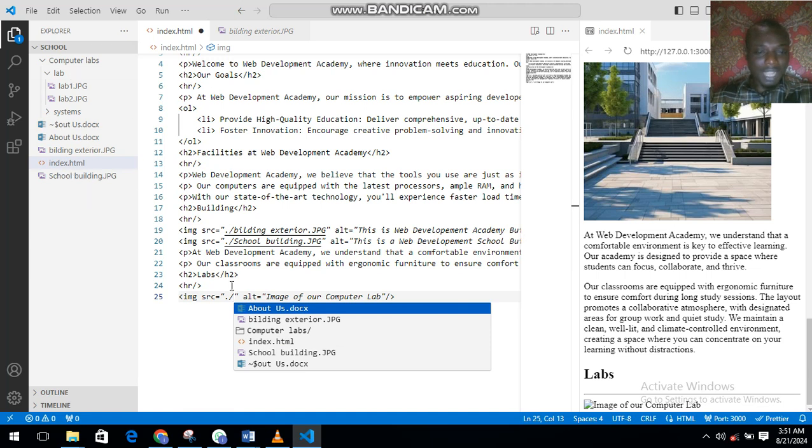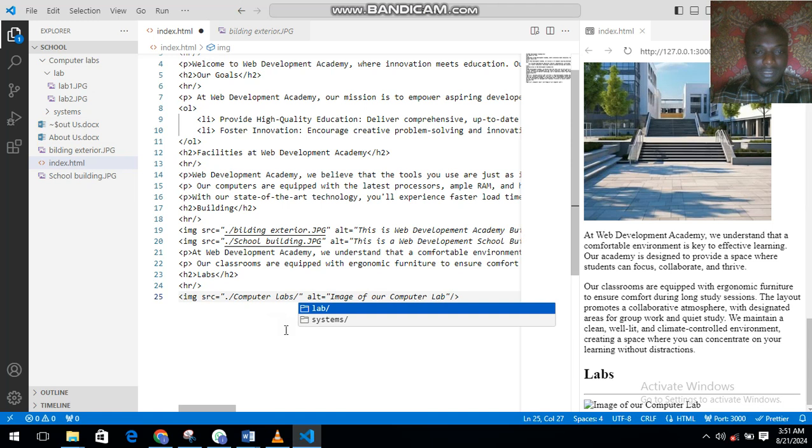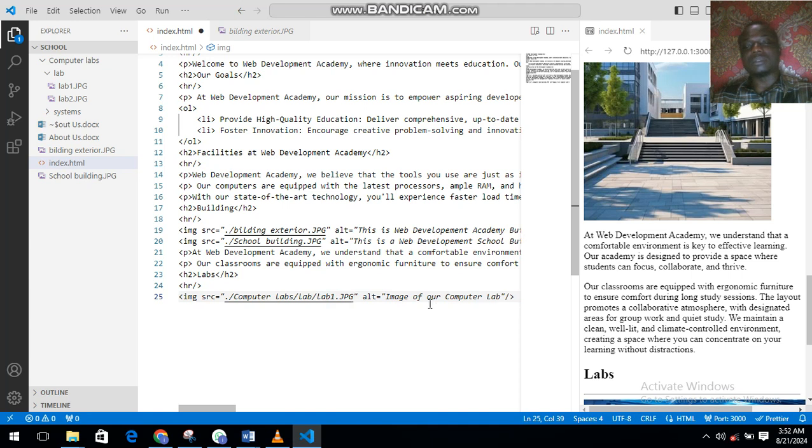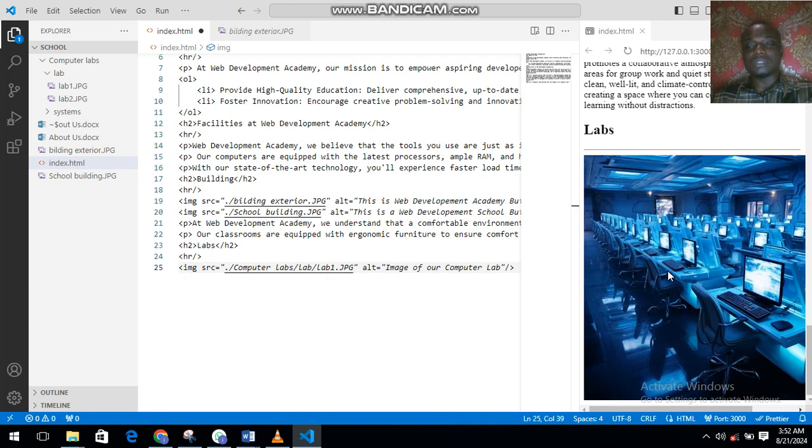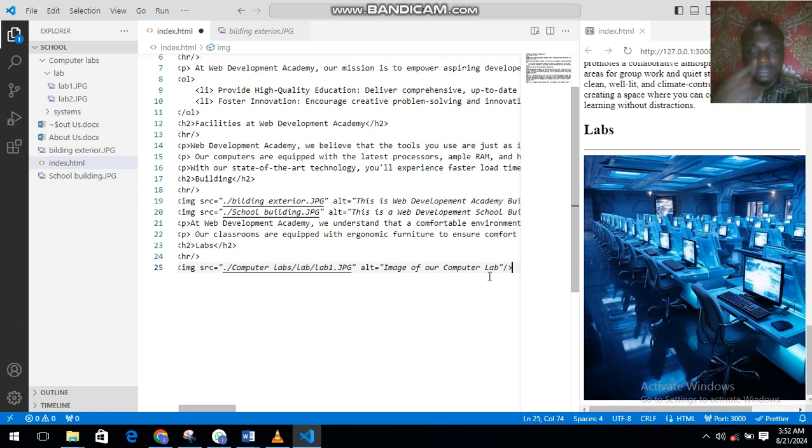So what happens? I have to go to computer lab, right? And it's asking you which of the folders are you talking about? Is it lab or systems? So it wants labs, and I want the picture of the lab of our computer. So this is our lab, this is what it looks like. So this is what relative file path simply means. So using this one, you'll be able to identify file path. It's not that difficult.